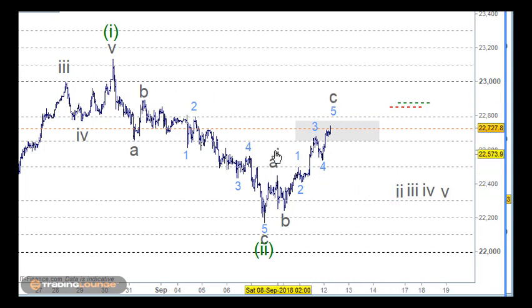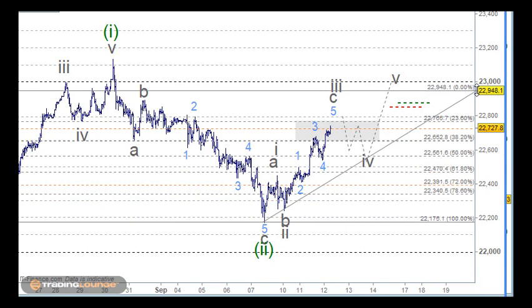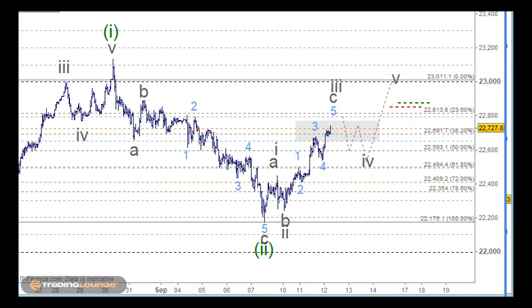But at the same time, we can also look at this being wave 1 here, wave 2 here, and looking at this as wave 3 here, then wave 4 coming back to the wave 4 of one lesser degree here, and then wave 5 moving up here. So if we get wave 4 here pulling back into this space, and wave 5 here, after wave 5 we can look at this here, 5 waves up, at the 50-60% retracement level here.